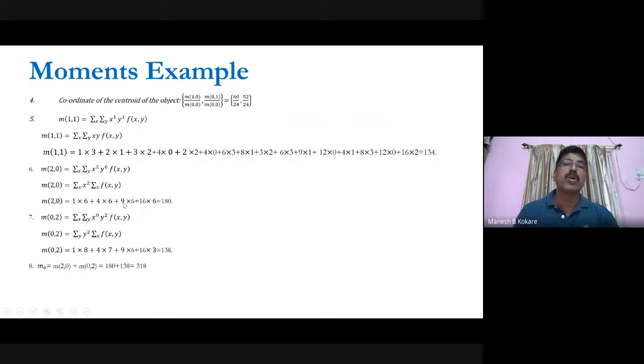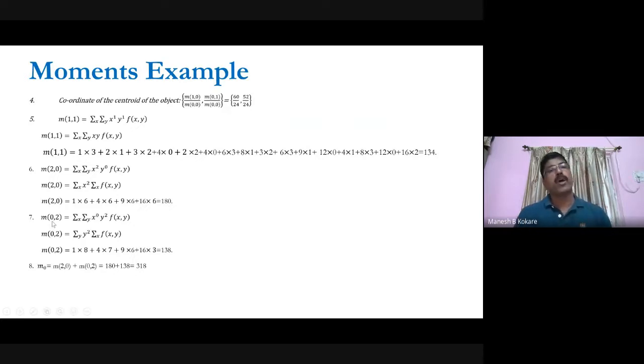In the third row, what is the value of x? It is 3, and the square of that will be equal to 9. And the summation of all those pixels in that row is 6. So 9 multiplied by 6. And in the fourth row, x value is 4, so the square of that is 16. And the summation of all pixels is 6. So 16 multiplied by 6. So the M20 value, if you calculate, will come as 180. Similarly, you have to continue that